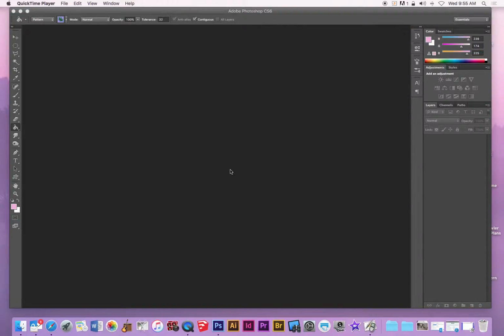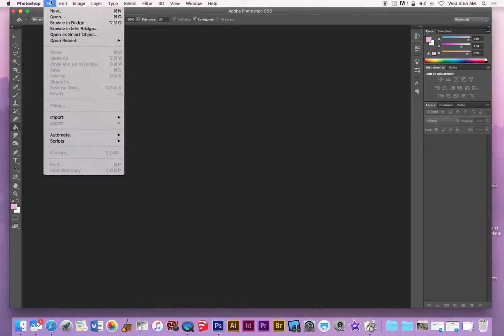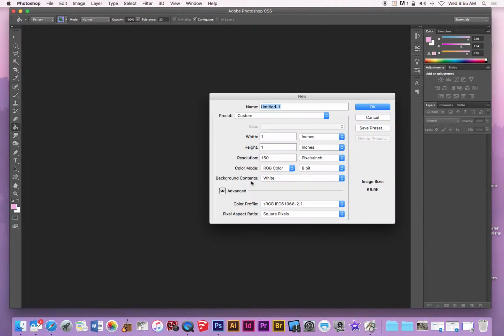Okay, this is a video showing you how to create your pattern designs in Photoshop. Alright, so you're going to start by going to File. Oh, we got to click into Photoshop. File, New. Make sure the width is set to 1 inch, height is 1 inch, and resolution is 150 pixels